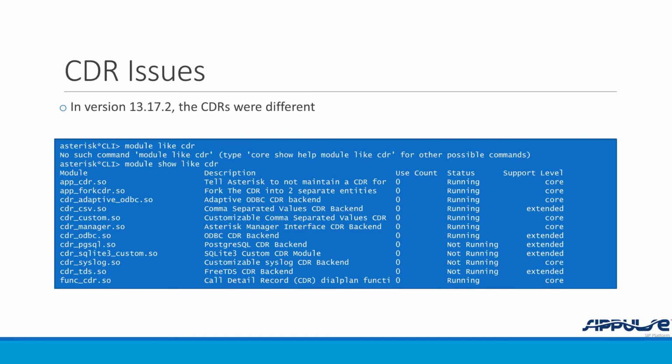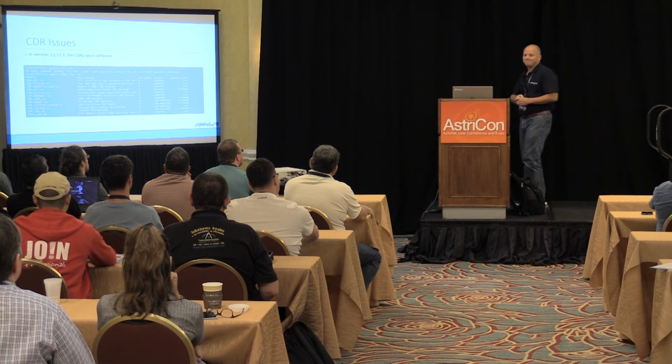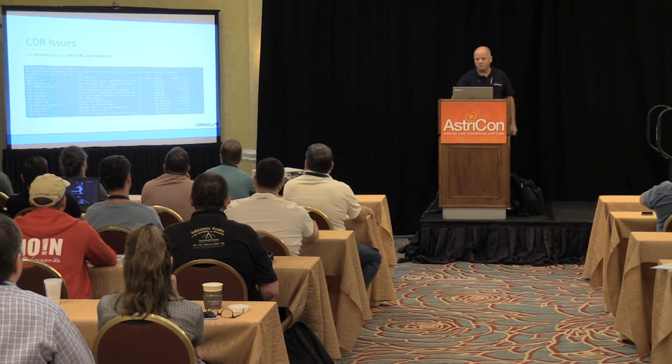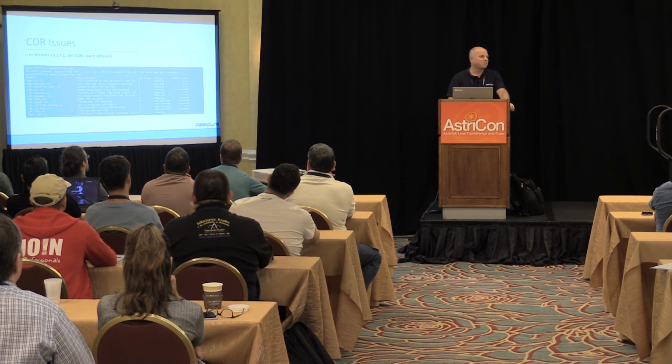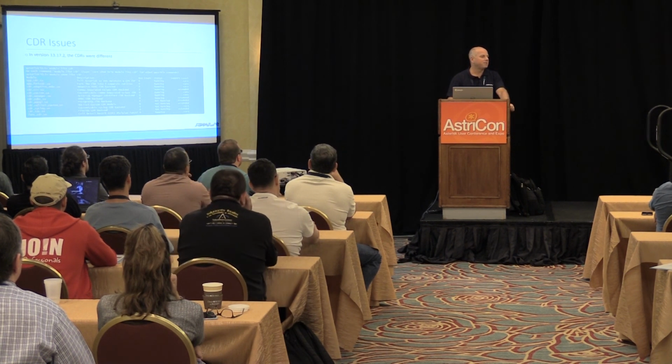And the funny thing: why didn't it happen in Asterisk 13.13? Because in Asterisk Certified, they don't load a lot of modules, and one of the modules that they don't load is the SQLite one. And actually, it's not a CDR module. It's an Asterisk real-time module, a configuration module. I don't know why it generates CDRs. So removing these CDRs increased the performance of the first test from 270 to 510 calls per second.